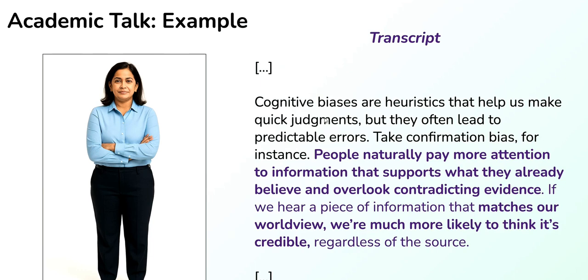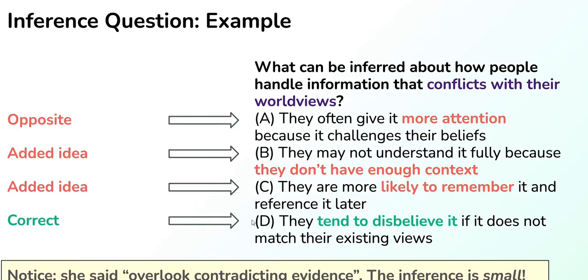The question asked about how people handle information that conflicts with their worldviews. The professor talks about that about halfway through the recording, so here's the relevant section. The key sentence says, "People overlook contradicting evidence." The inference here is small, even though the professor doesn't talk much about conflicting evidence. She mostly talked about how people tend to believe supporting evidence. We can take that same idea and apply it to the opposite. They are less likely to believe contradicting evidence. Coming back to our answer choices,